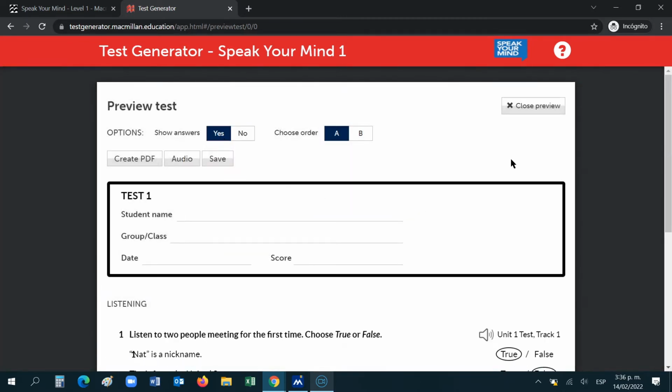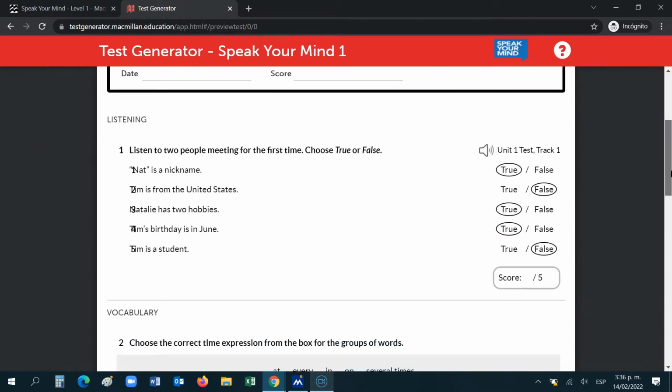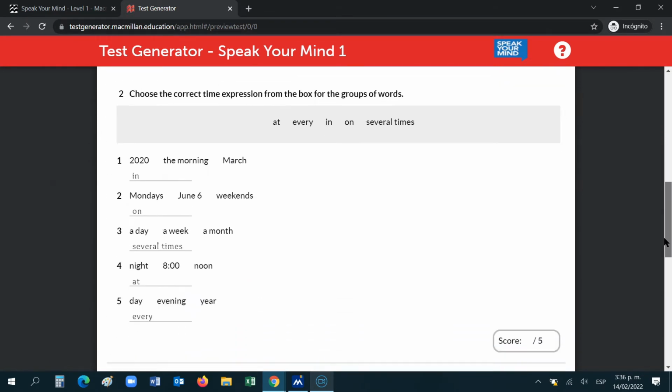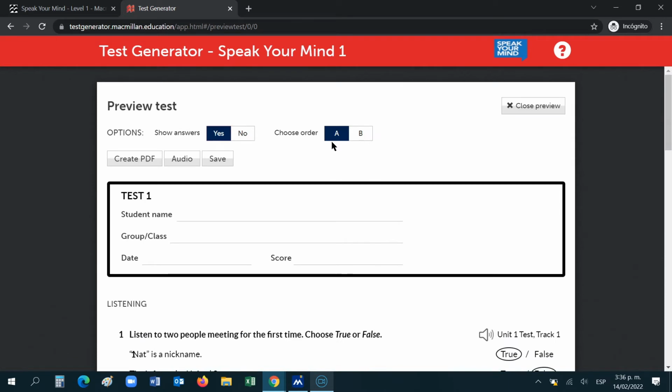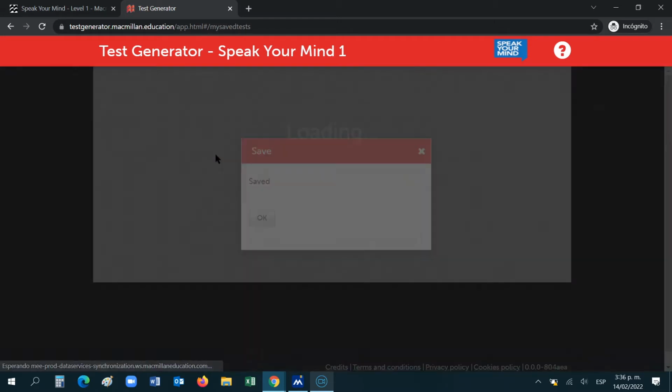You can show answers, so you can easily grade this test, and you can choose the order of the questions, so your students can't cheat. If you really like your test and you want to save it in the platform, you can click Save,